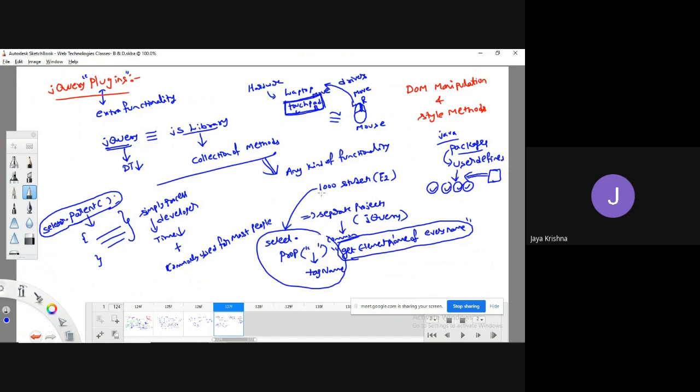Yes, but writing this code individually by 1,000 students will be a burden on every individual student. Instead, I will make this functionality a separate piece of code. That separate code I am calling a plugin, and it will be used by all 1,000 people to satisfy this requirement without each writing the same code separately. I hope you understand the meaning of plugin now.